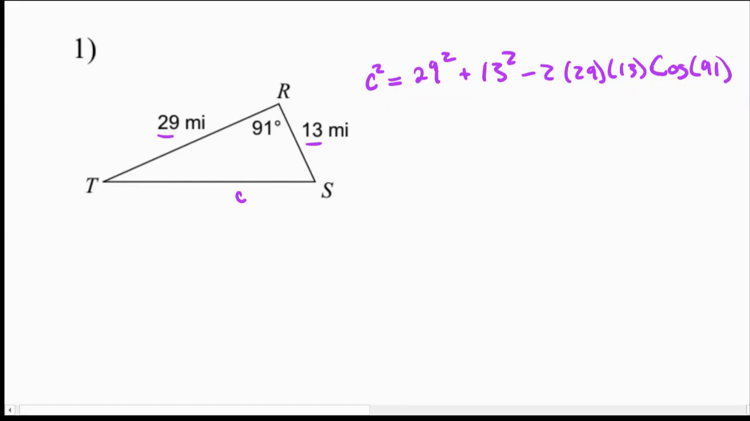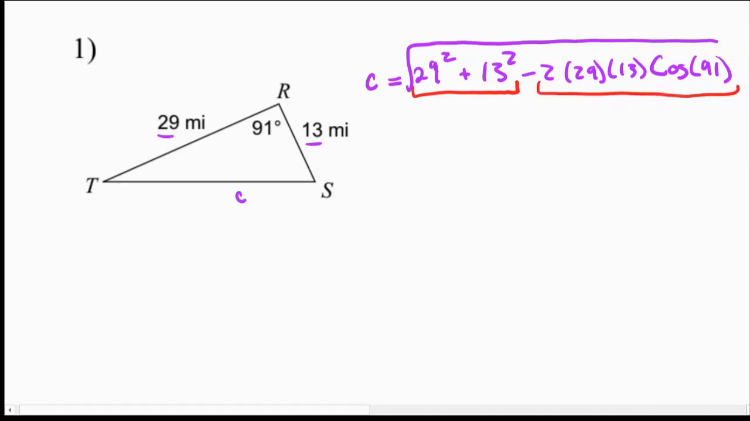And so now I'm just going to be plugging this into a calculator here. I'm going to actually square root this whole thing. It's a little bit easier to take it piece by piece into your calculator. Like I'm going to actually do 29 squared plus 13 squared in my calculator first, which I get 1010. And then I'm going to subtract all of this, 2 times 29 times 13 times cosine of 91, which I get about